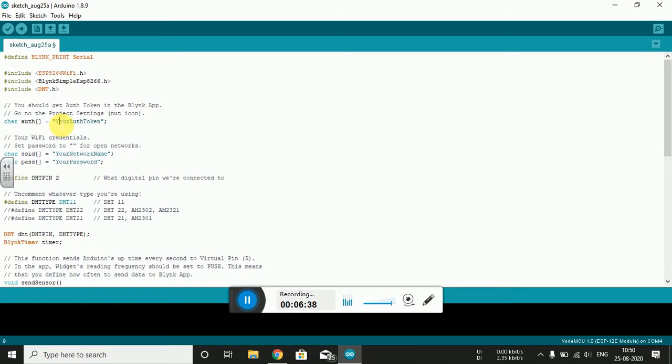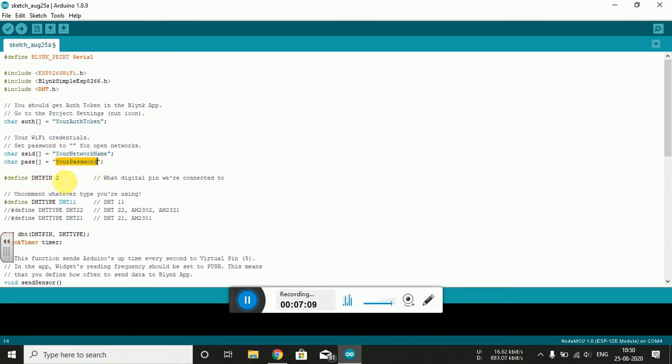We are interested in this particular authentication code that we can generate automatically from the Blink application on my mobile phone. Else what do we require? We require the SSID of your Wi-Fi network. The SSID is the service set identification name given to your Wi-Fi network, and the respective credential, that is the associated password of your Wi-Fi. So these two contents we require.